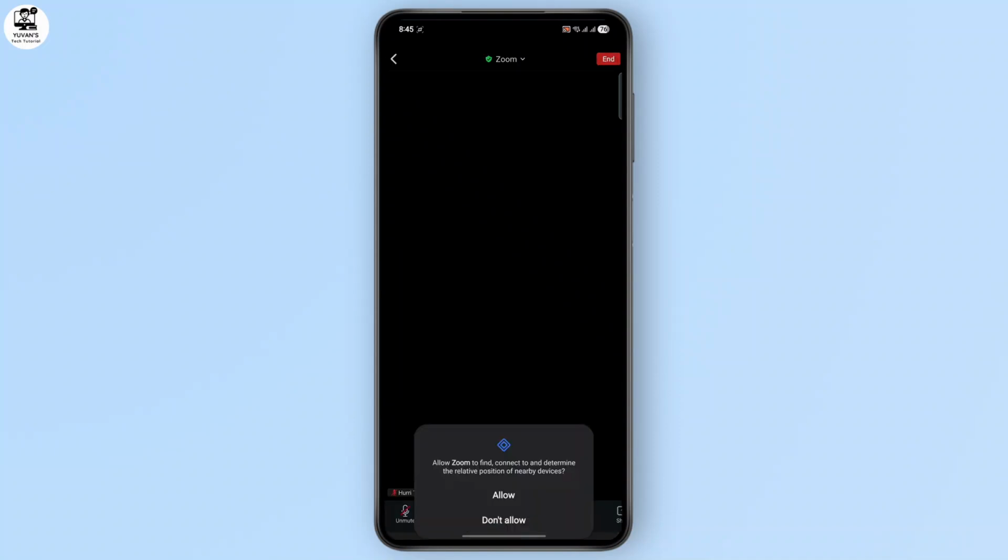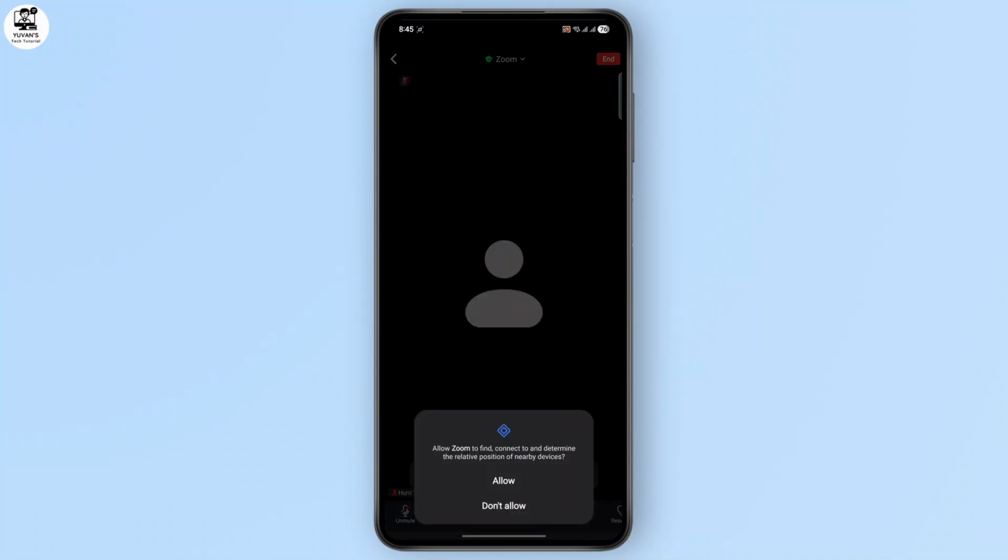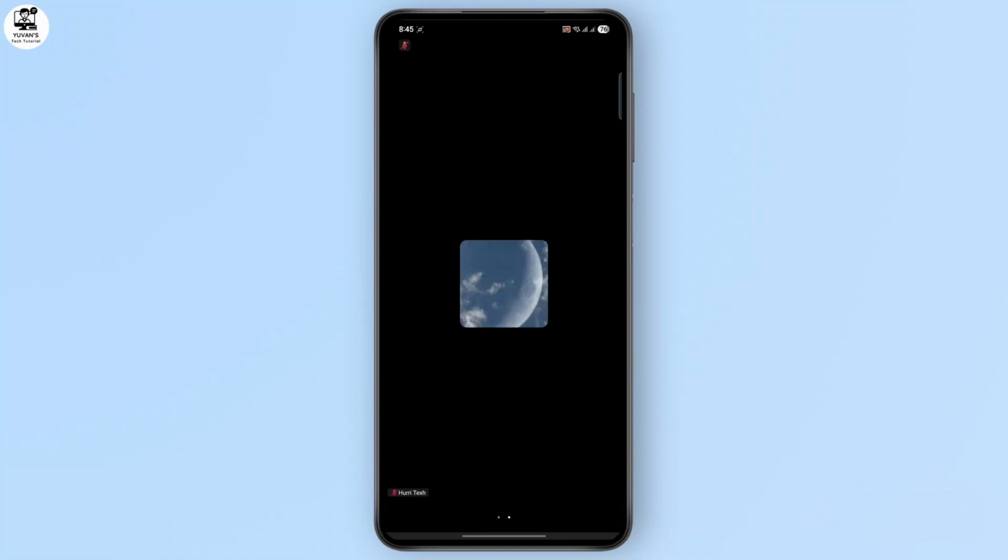Once you start your meeting, make sure that you are on your earpiece mode, because what happens is if you turn on your speaker, sound might be picked up by your mic, and it's going to cause echoes on your device. So to switch to earpiece mode, tap on audio down below,